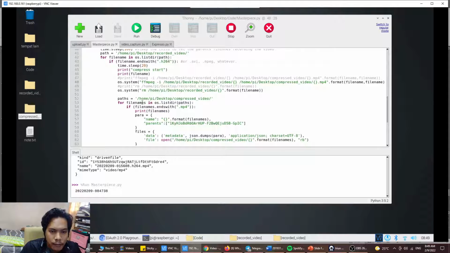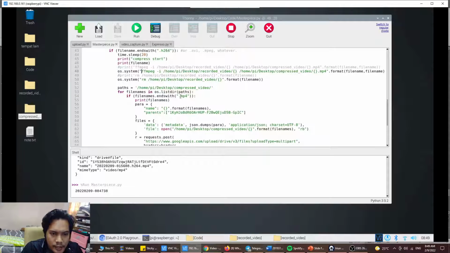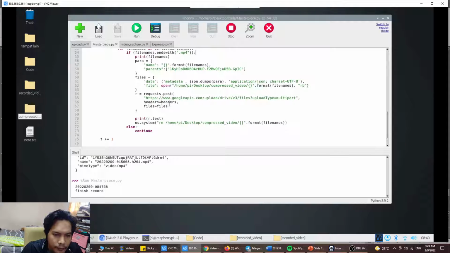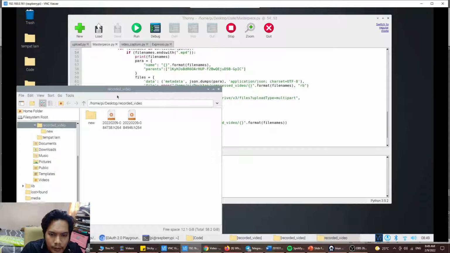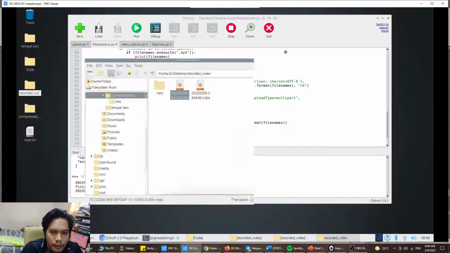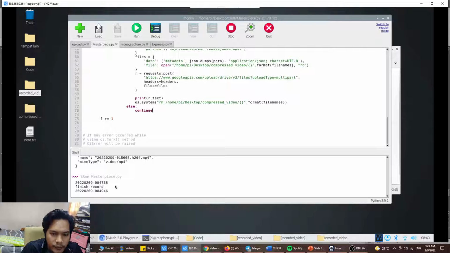it will run this one where the compressed folder, it will search for a file which is .mp4, because here we change the file name to .mp4. Then it will find the folder with .mp4, and then it will upload the file to the cloud, to the Google Drive, and once uploaded, it will remove the file. So we can see right now the size of the file before this is 11 megabyte. So we wait a few seconds for